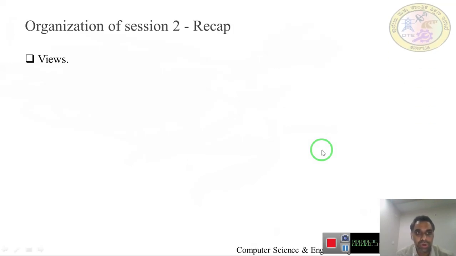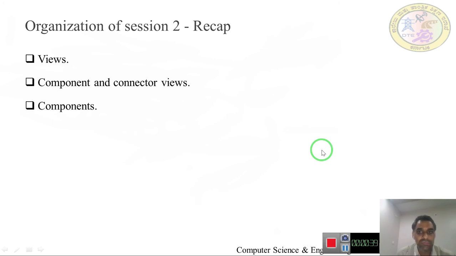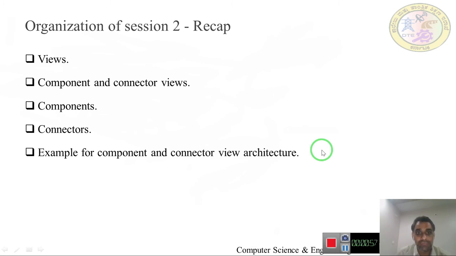We saw the view, what exactly we mean by view. Then we went through the component and connector view, where we try to understand how a particular system can be viewed as components and connectors. Then we discussed components. We understood that there are different notations used for different components. Similarly, we went through connectors and the different notations or symbols that we use to express a connector, and we tried to understand one example